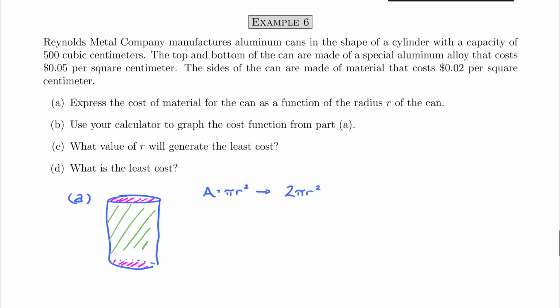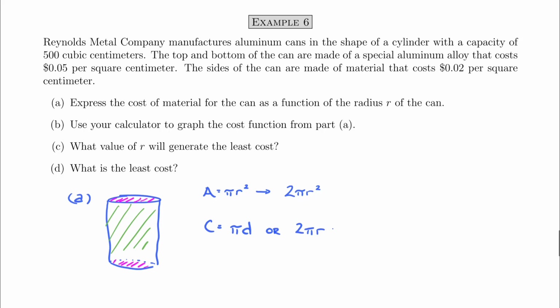And the length of one side is going to be the circumference of the top or the bottom of the can. And remember, the circumference is equal to pi times diameter, or 2 pi r. And the question wants us to find the cost of the material as a function of the radius. So we will apply that using this information that we're given. And since we have the circumference, to find the area that we've expressed there in green to be the area of the rectangle,